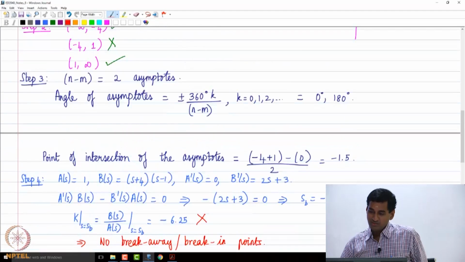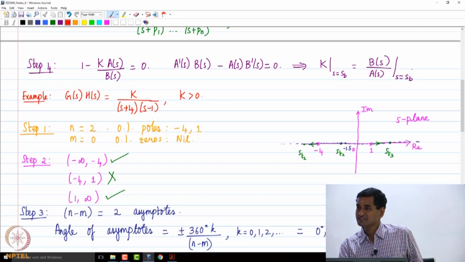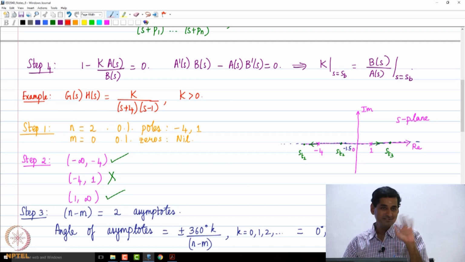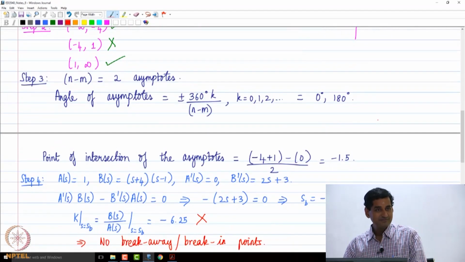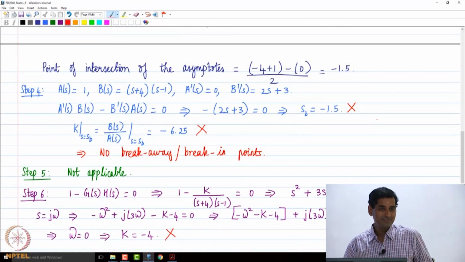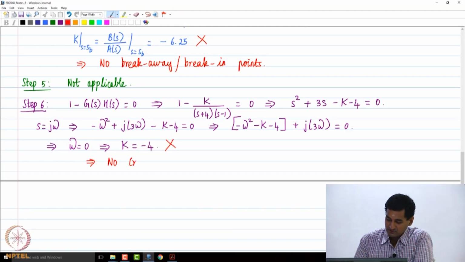See, step 2 only tells me that the root locus will not cross over at the origin, but I can always have a crossover at some other point on the imaginary axis, right? In this example, it so turns out that there are no other points like that, but it's always better to do these steps methodically. So this means that no crossover